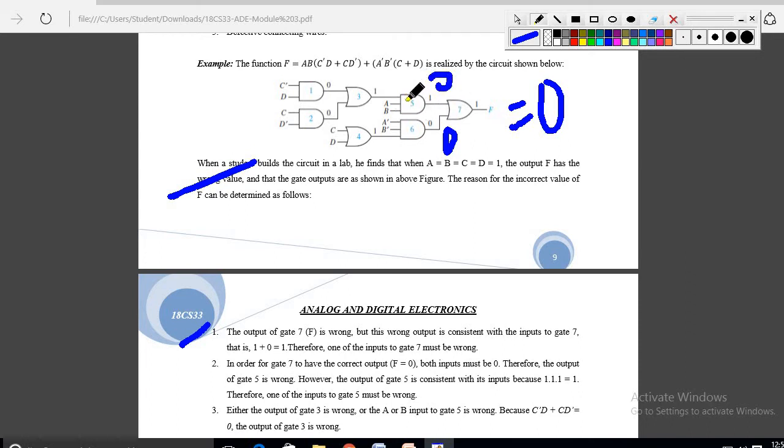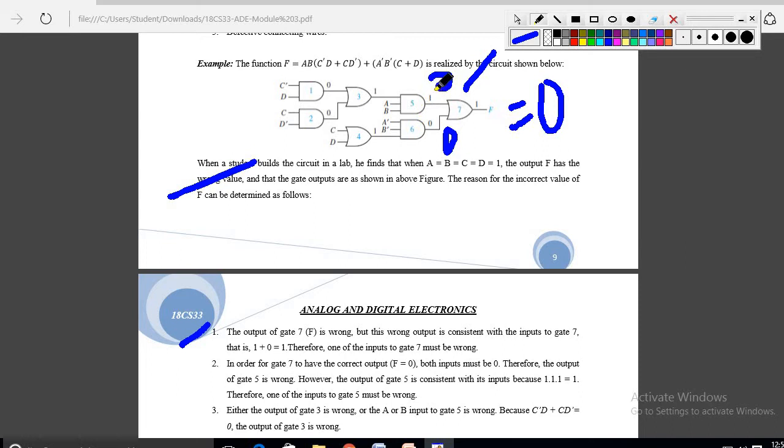In this way I have to check the circuit. We have to check each gate in the circuit. First you have to check the OR gate. You know the output should be 0. If you want the output 0 from an OR gate, obviously both inputs should be 0, then only you will get 0. Okay, this step is clear. Once this is finished, come to the next gate. The next gates are 5 and 6. If the inputs of both are 0, then F is 0, so here which one is wrong?